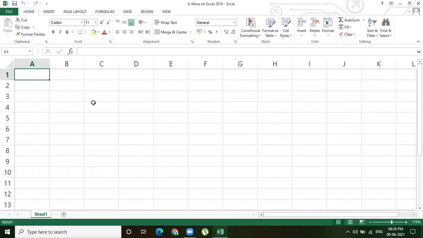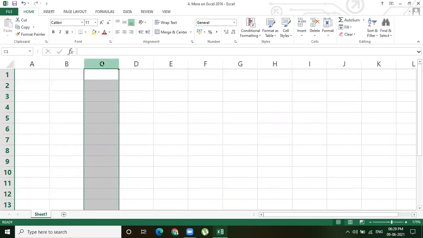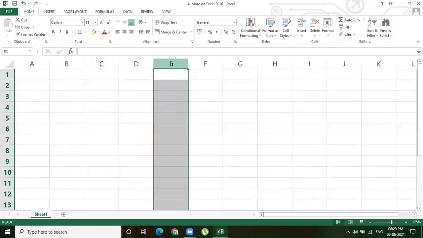Then let us move to the first topic: selecting cells, selecting columns, selecting rows. Now you can see there is column A, column B, column C, column D, like that. If you want to select a column, place the cursor on the column letter and click on it.